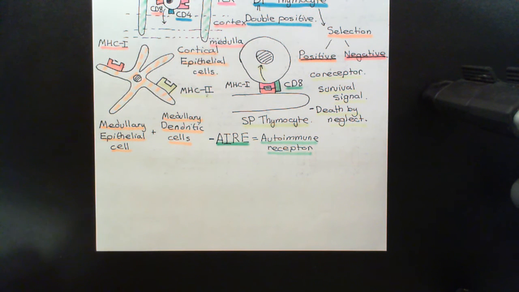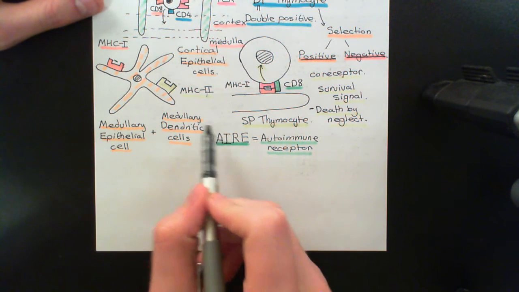Okay? Right, so that's the second round of selection that is going to occur in the medulla, and that's a round of negative selection. Okay, so now we've done all the checks. These cells that finally pass all of that, they'll have to remain in the medulla for a long period of time, being checked over and over again against peptide fragment after peptide fragment after peptide fragment before we are satisfied. Once they've been in the medulla for a long time and they've been checked and checked and checked against loads of different self-peptide fragments, what will then finally happen is this single positive thymocyte will be allowed to leave